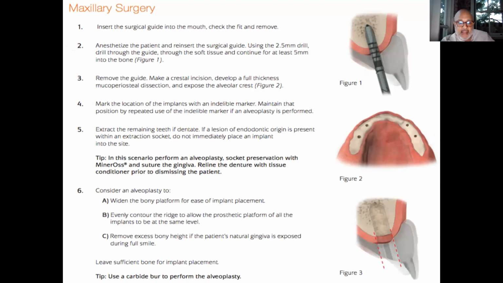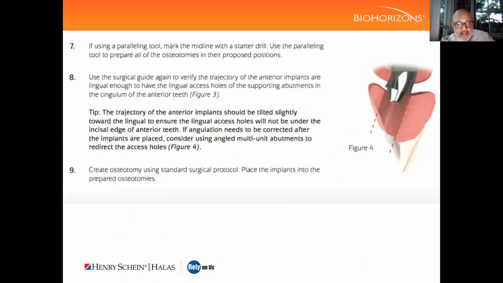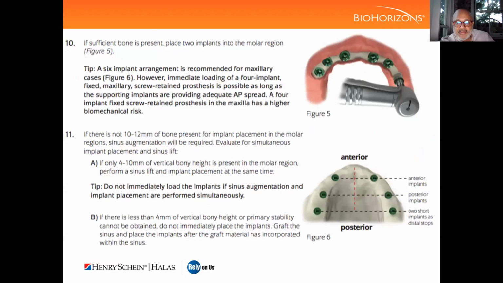So they said again, it's a surgical guide. Again, as I said, I don't use surgical guides, and this is very much the same. Okay, so they've said place 2 implants at the front, 2 implants at the back, and then if you've got sufficient bone in between. As I discussed earlier, I suggest that you plan it in the way that I discussed. You plan in advance, and when you're in there, obviously you don't know until you're actually in there,